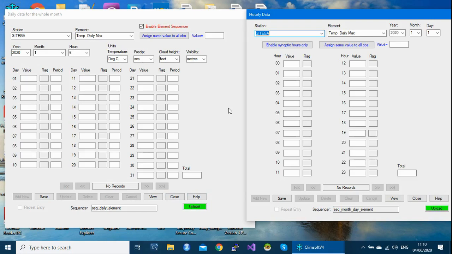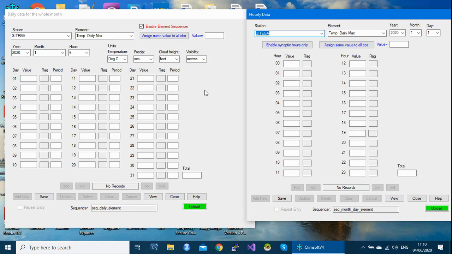So these are common aspects on all the forms, though there are also some specific aspects on some forms, like this form for daily data for the whole month. This one has some specific elements which we are going to see later.